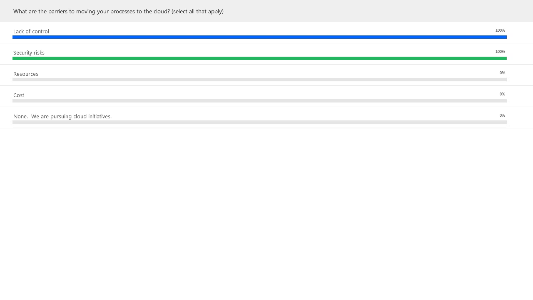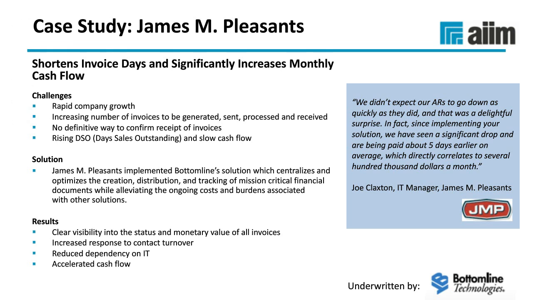Okay, so just moving on, I want to talk about a customer case study. This is a case study that I personally have direct involvement in, so I just want to tell a little story about this. The gentleman whose quotation is on the right, Joe Claxton, I had the opportunity to go to an industry event in New Orleans last year, and this gentleman approached me on the Bottomline stand and said, "Oh, I understand